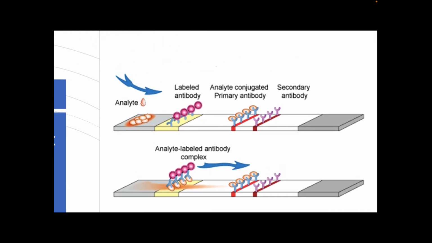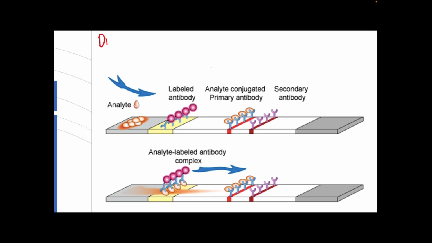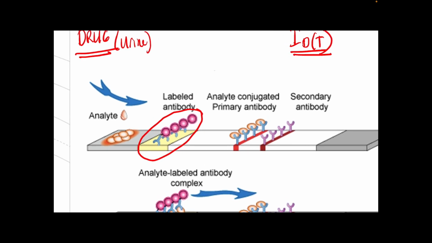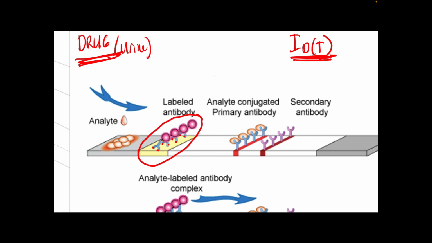So if I zoom this out, again, the drug and its metabolites, if present in the sample pad, so again in the specimen, will compete with the immobilized drug present in the T line. Both the drugs and the immobilized drug will compete for the binding site of this labeled antibody. This shows the binding site of the labeled antibody. The drugs present in the urine and the immobilized drug present in this T line will compete for that